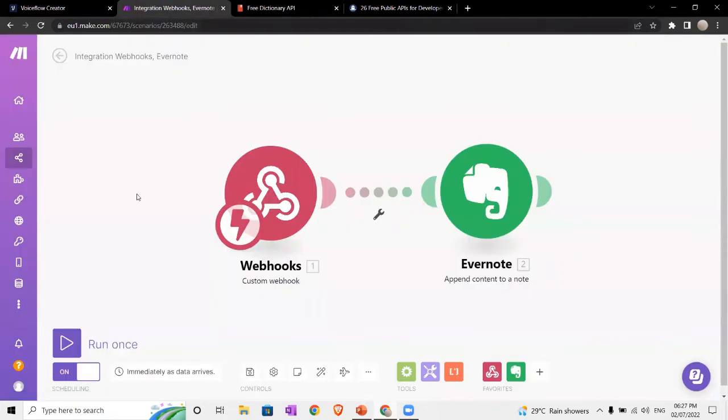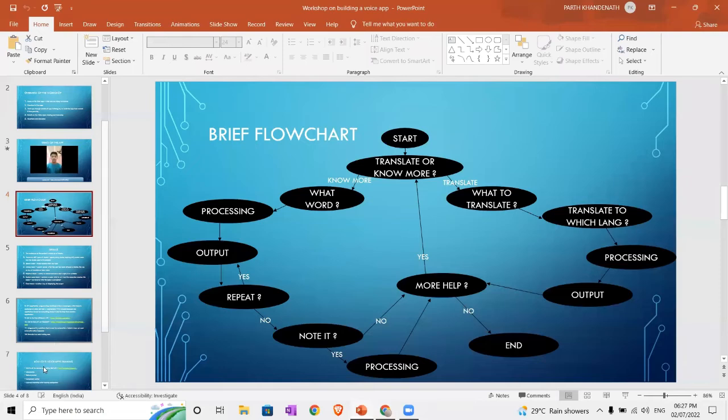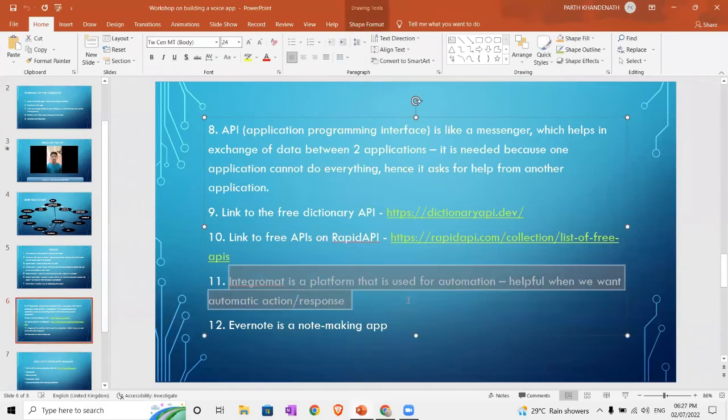So what Integromat does is, Integromat is useful for automating processes. Integromat is a platform that is used for automation, helpful when we want